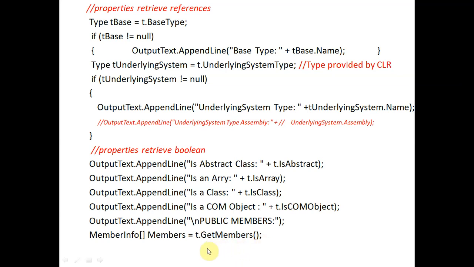All these things will be stored in the members array. Members is an array because we have this sign in front of the members variable, and members is an object of member info class, meaning all the members of a particular class will be stored in this array, which is an object of member info class.